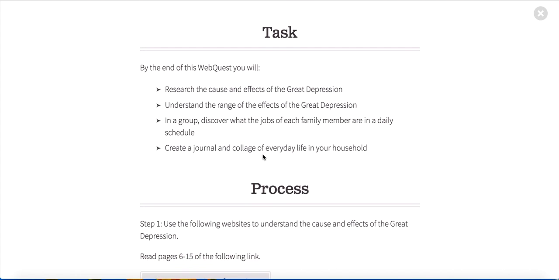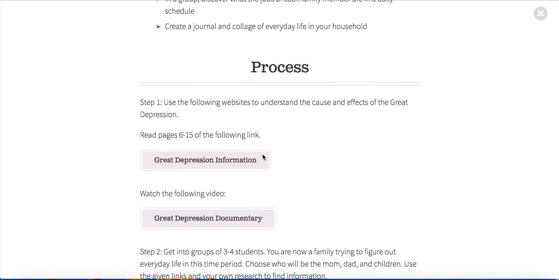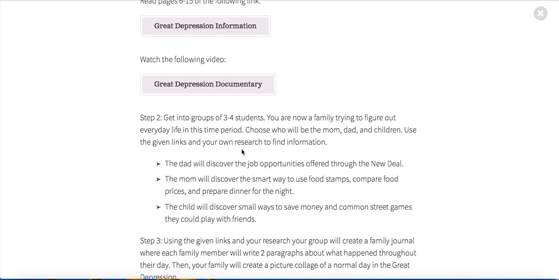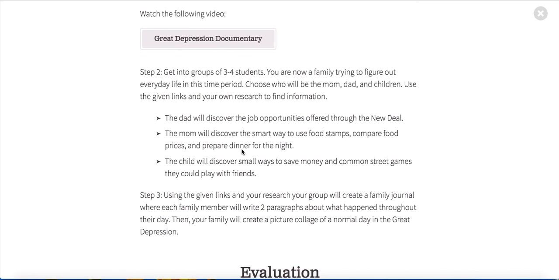And here we have the process where we split it up in 3 different steps, and the first step is going to be researching about the Great Depression. And we have provided 2 websites. One is a Great Depression with just information on it, and the second is going to be a video talking about the Great Depression. The second step is for them to get into groups of 3 to 4 students, and